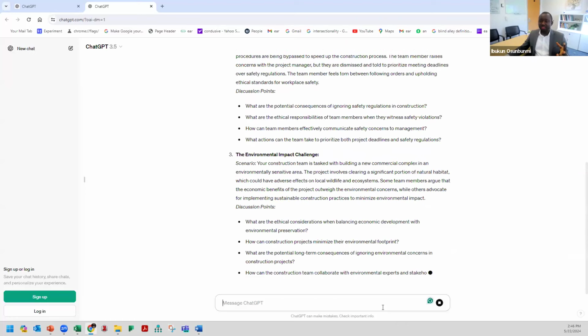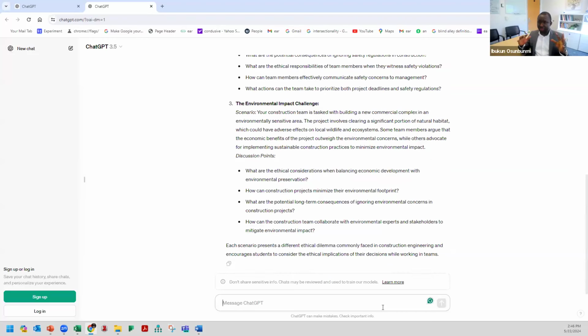The good thing about this is, from these 3 case studies, you could tell it to do 3, you could tell it to do 4, tell it to do 5. You could actually decide to select which one you prefer. Or, like we're talking about giving autonomy to students, you could present all 3 to your students and say, choose the one you want. But maybe as an instructor, I came in and saw that it's just a paragraph and it's not detailed enough. I could actually tell ChatGPT,